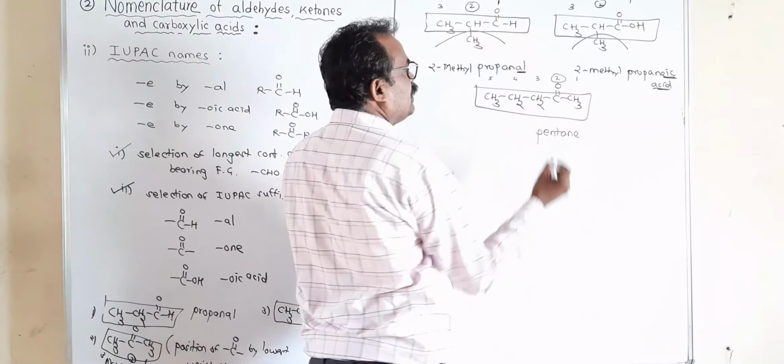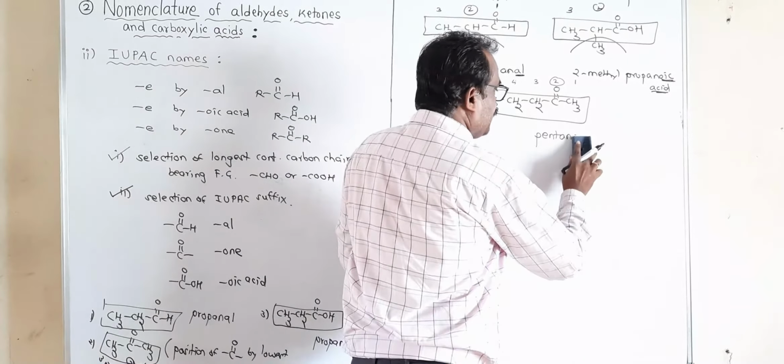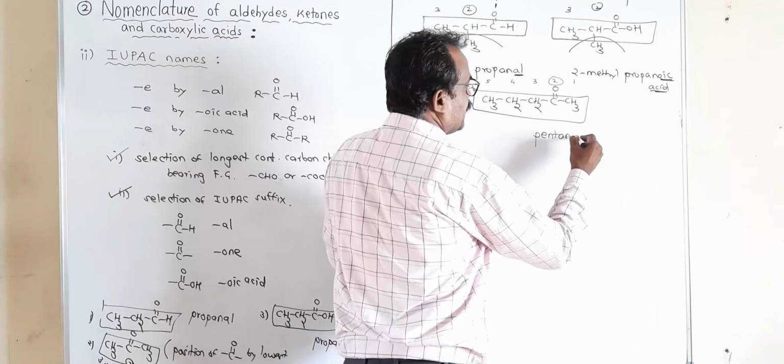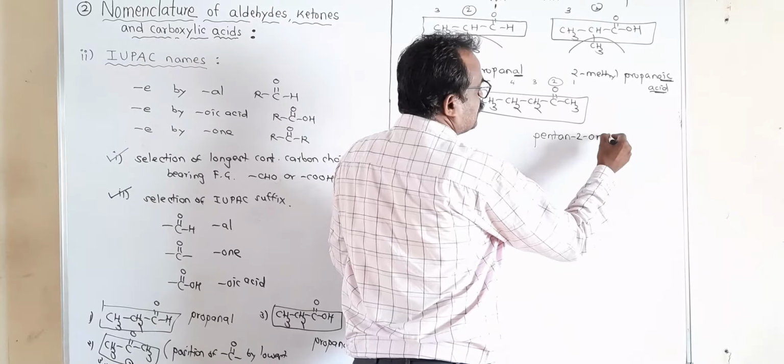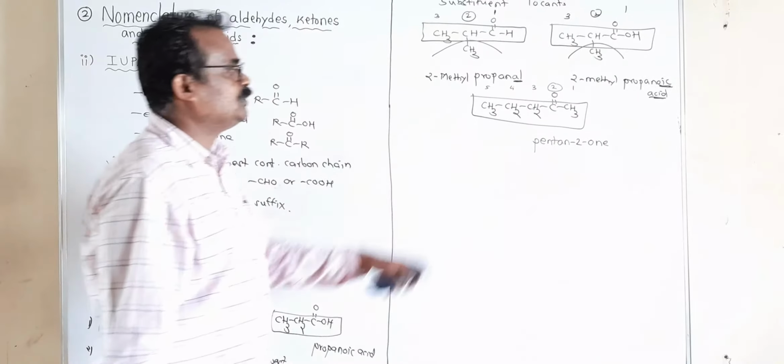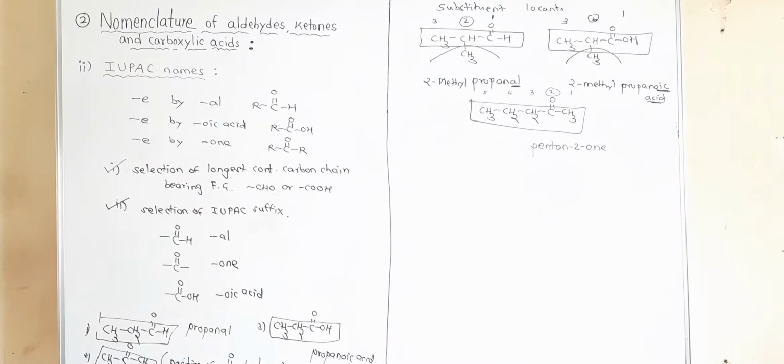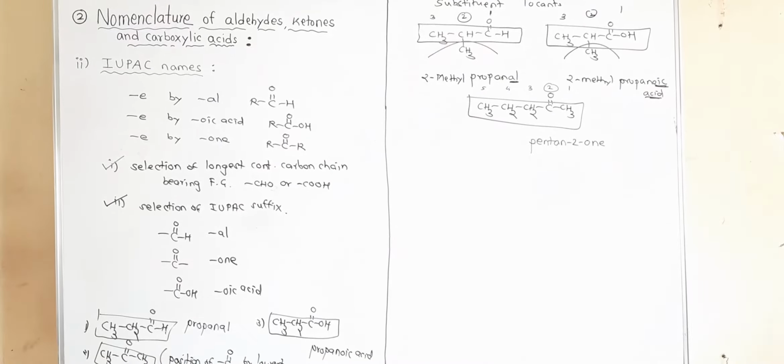So the ketonic group is on the second carbon. Therefore, you replace the E, write the position, and then the suffix -one. So this is known as pentan-2-one. But if